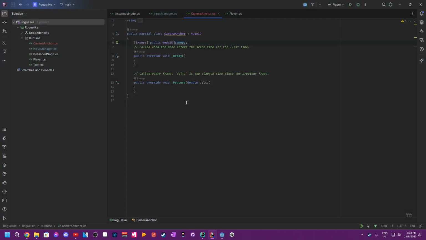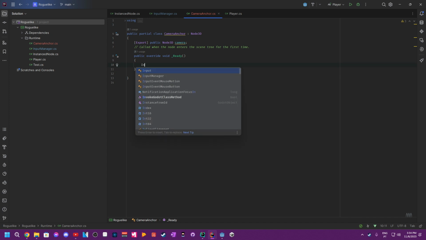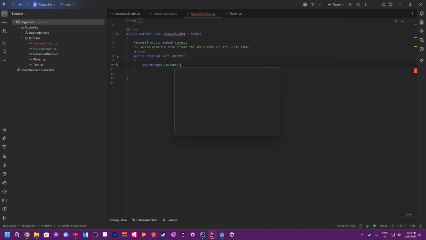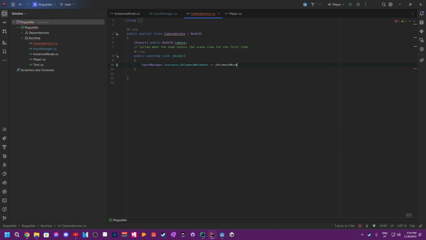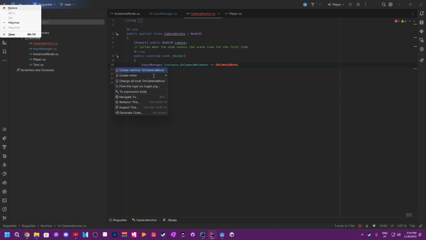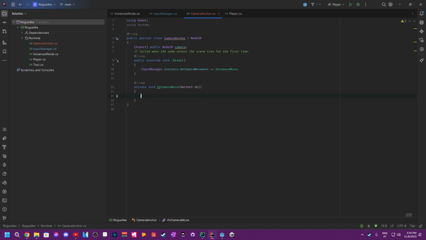and now we should be able to, on the onReady function, call the input manager instance on camera movement, and that's equal to camera move. Now if I create a method here, there we go. Let me rename this variable to